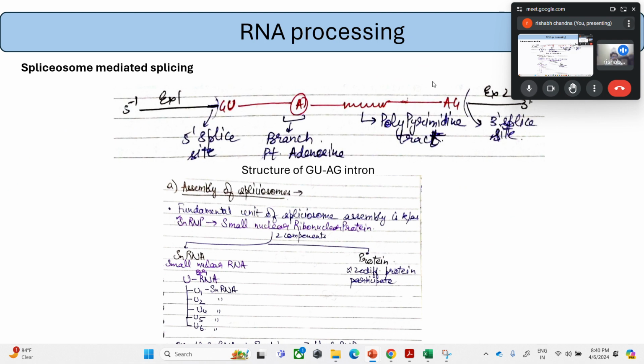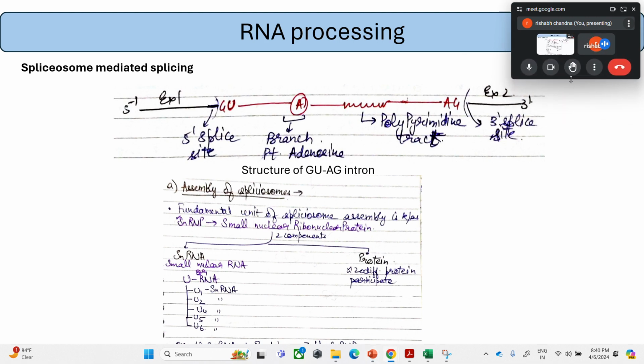So this is the basic structure of the intron that we see. This is the exon 1. This is the 5 prime splice site that has a GU at the start of the intron. Then we have a branch point adenosine. This is an important recognition site for different